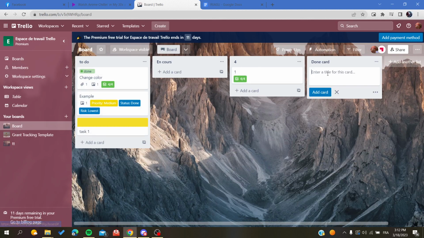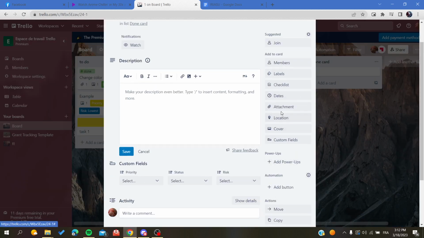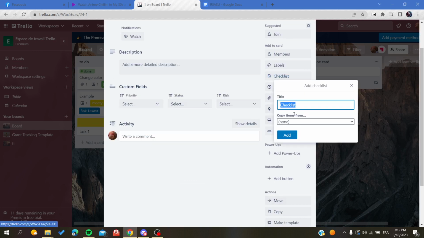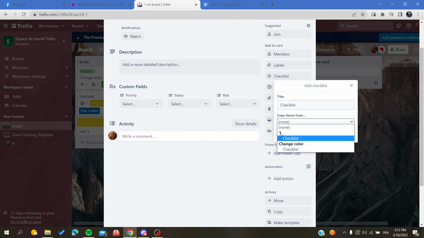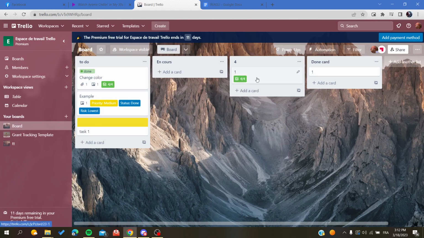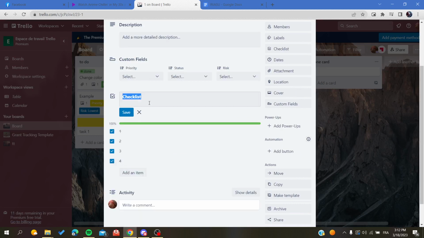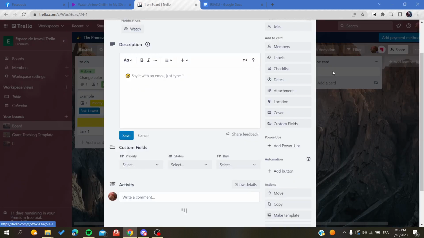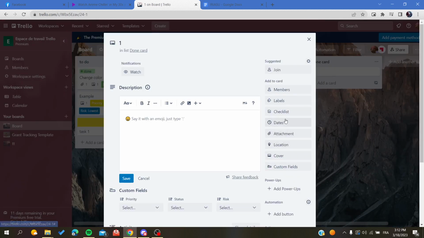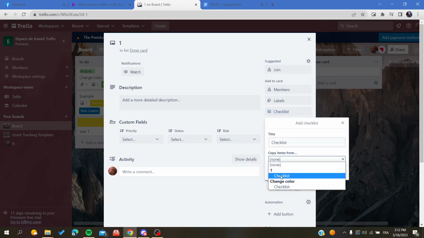And of course you can have another one like that. We go into checklist again, and if I go I will find that there are two other checklists that we have. The first one is called checklists. Let's change the name of this one so I can show you that we can have different things. So checklist 2, and let's go again to the other card and go to checklist and copy from checklist, and